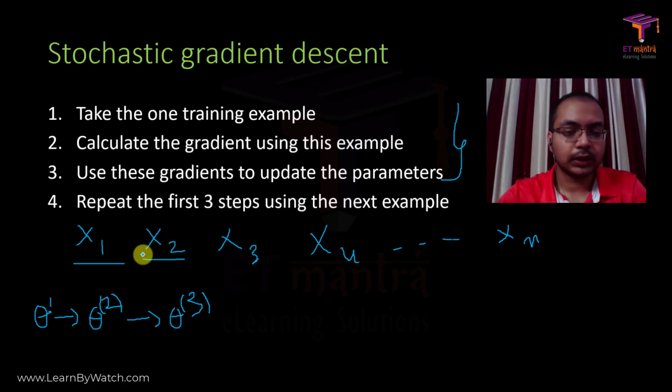So here we can see the advantage that to update theta we just need one training sample, but in the earlier one if we had 10 million training samples, then for just this one updation we had to take all the 10 million training samples, and it was taking too much of time. But with this we can speed up our training process.